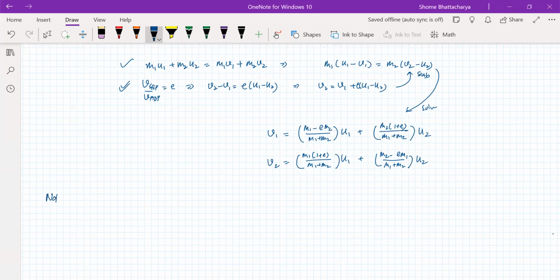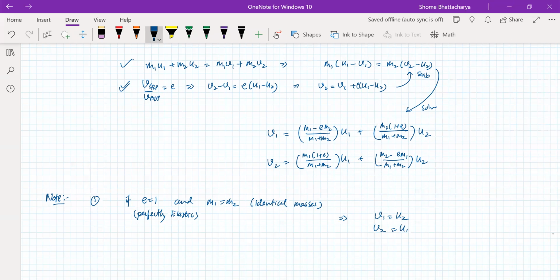So first of all, you can see that if we have the case of a perfectly elastic collision of identical masses, m1 equal to m2, then from the above formula, you can see that v1 becomes u2 and v2 becomes u1. That means they exchange